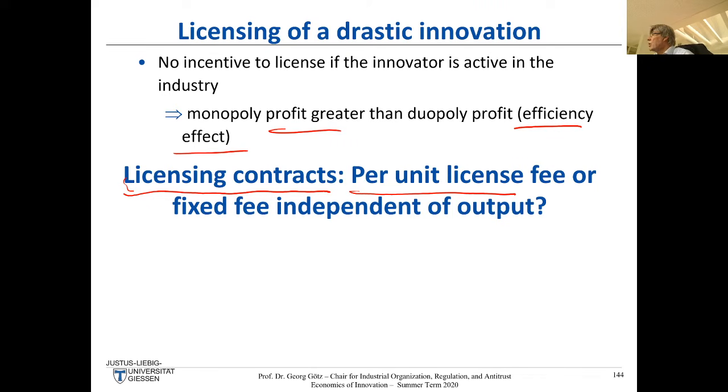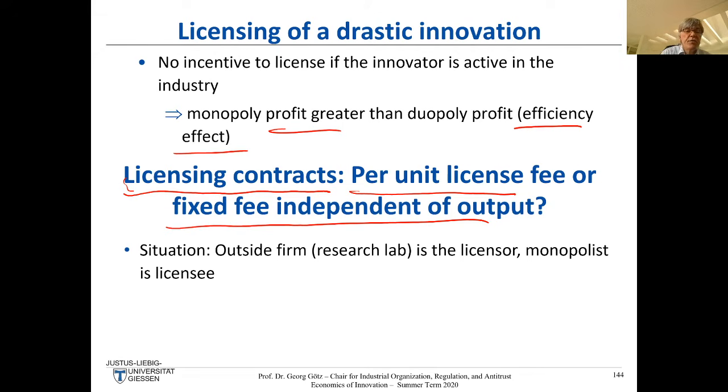If you are a developer of a game for PlayStation, you typically have to pay a license fee to Sony for the PlayStation, or to Microsoft for the Xbox, for each game, for each copy of the game you sell. On the other hand, it might also be a fixed fee independent of output. Now, if you're an outside firm and you're the licensor and you have some monopolist who is a licensee,